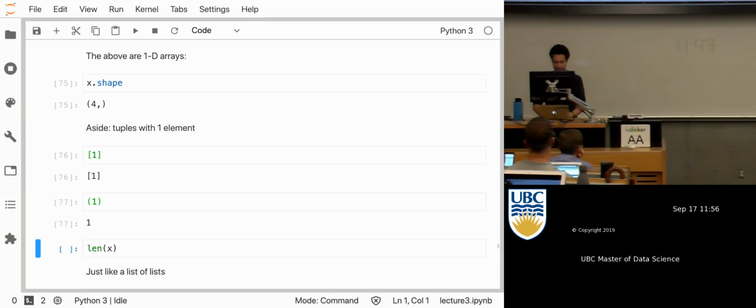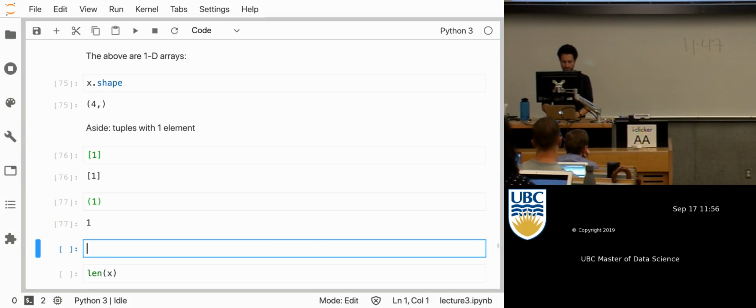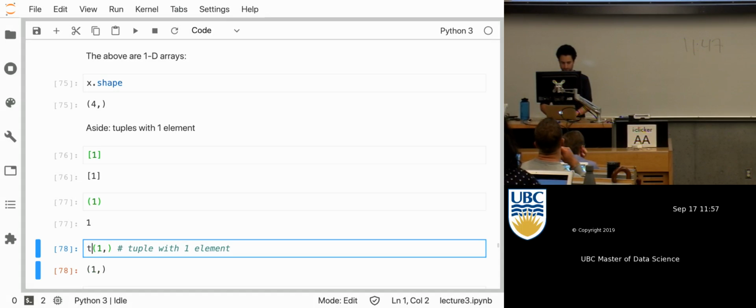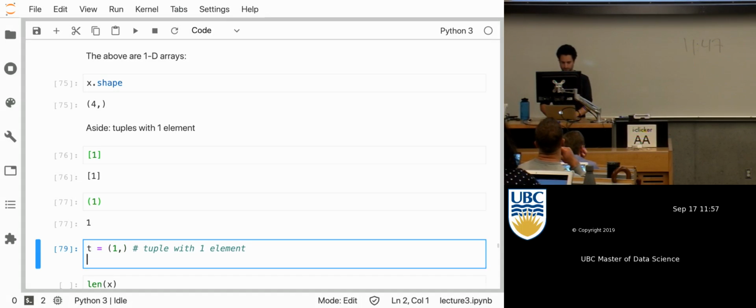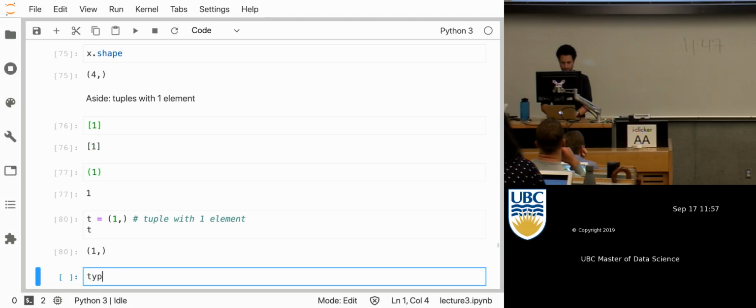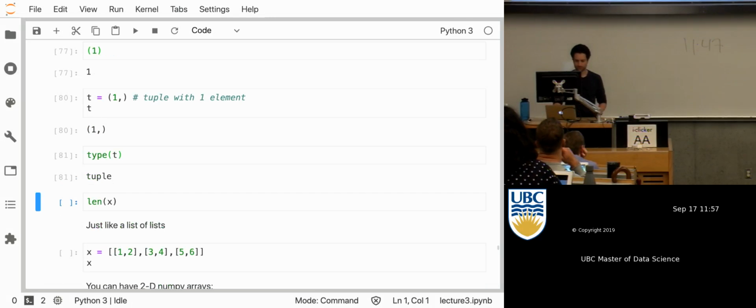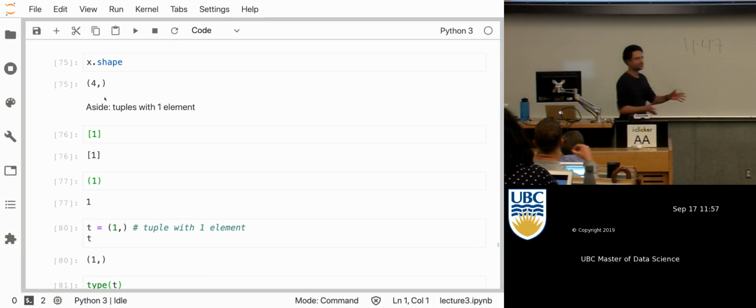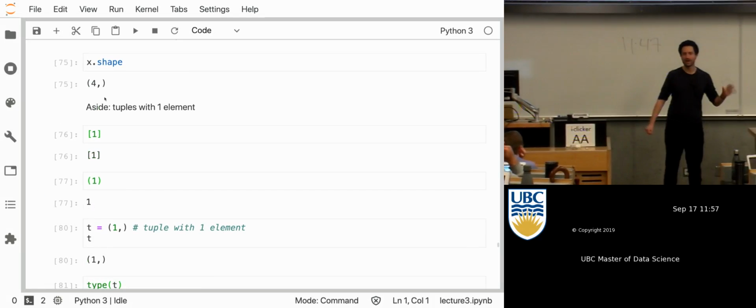So if you want to make a tuple with one thing in it, you put the comma there. And that's now a tuple. Okay, so that was just an aside to say that x.shape is a tuple with one element in it,